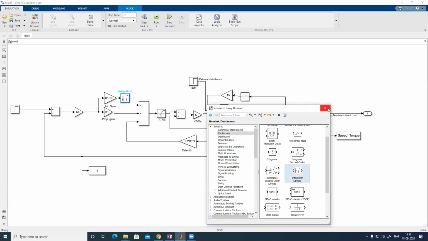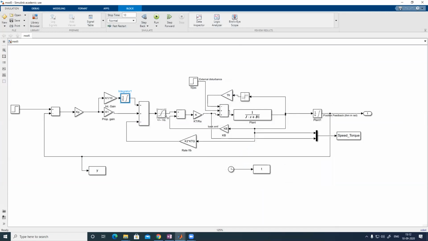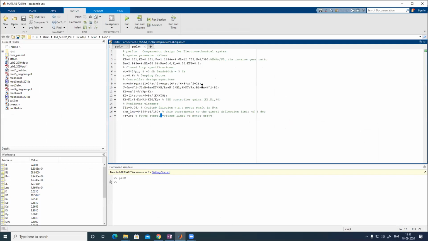So this is the second nonlinearity, and this voltage is coming here. Plant dynamics is now Js plus B1, because last time that Kt Kb by Ra was there, but now this Kt Kb by Ra is in the feedback loop. I am taking a feedback path, so it is actually Js plus B1 only. B1 will not include Kt Kb by Ra.